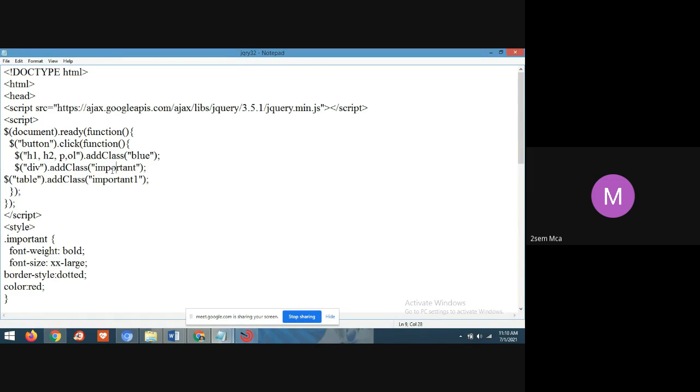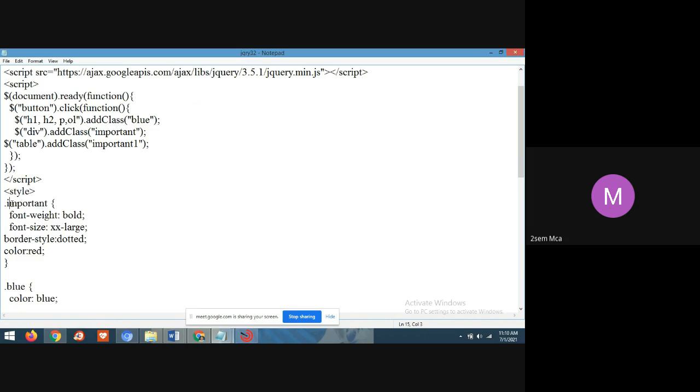To this div tag, the class name I have taken is important. For any class name you can take. There I have defined the properties we need to apply for that div tag.